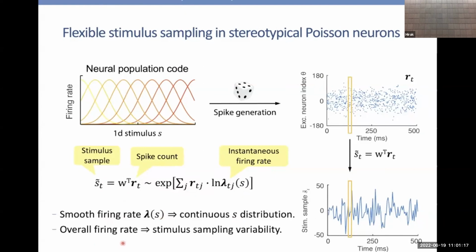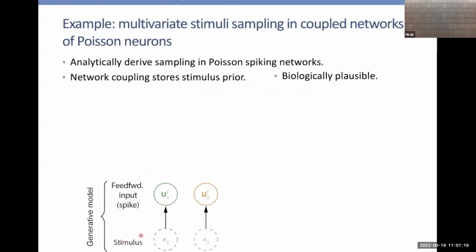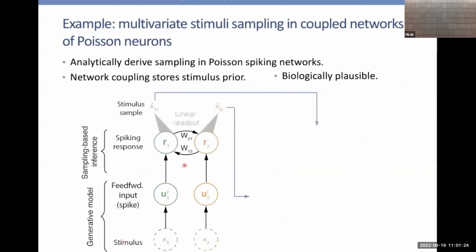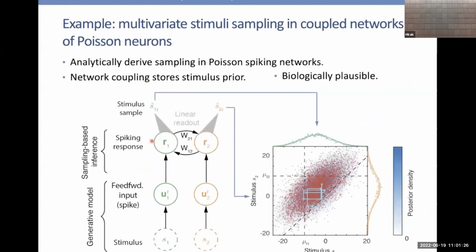the stimulus sampling variability. We'll also use an example of sampling a bivariate stimulus implemented in coupled networks to demonstrate the Poisson sampling. So basically, each network samples the corresponding stimulus, and over time, the whole network samples the bivariate stimulus